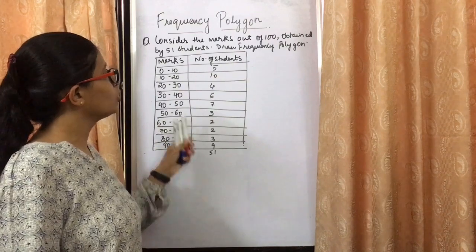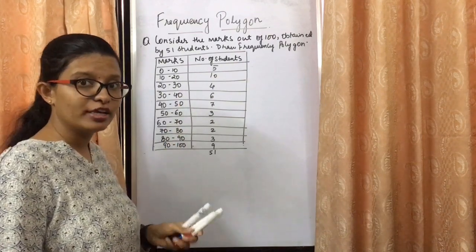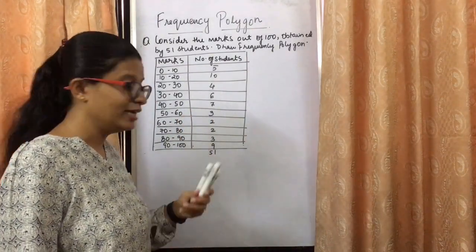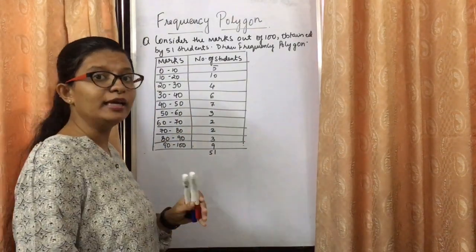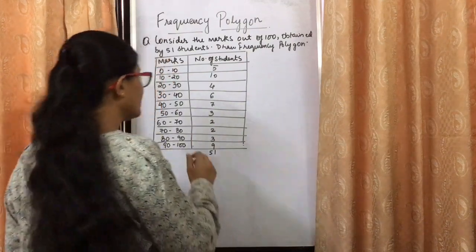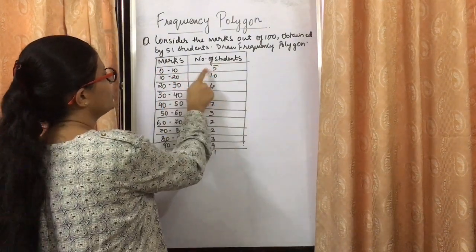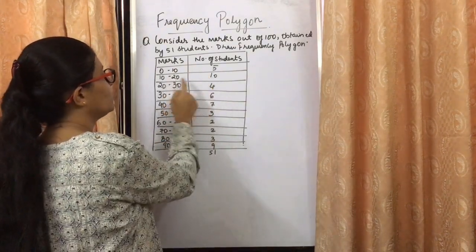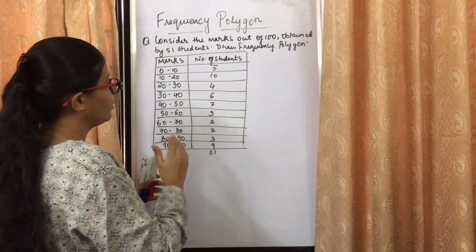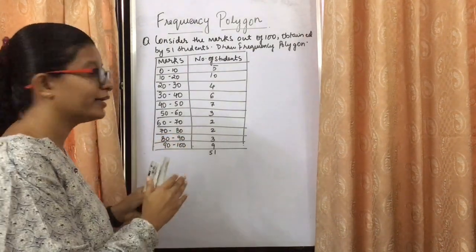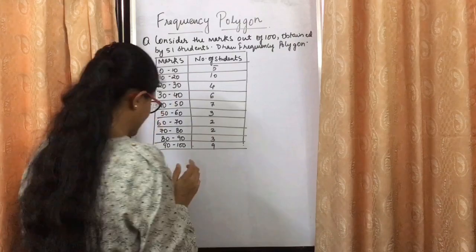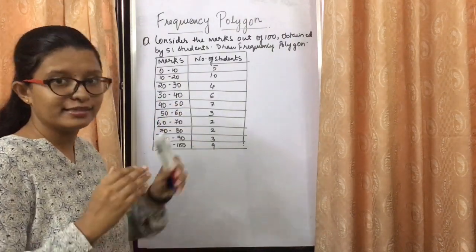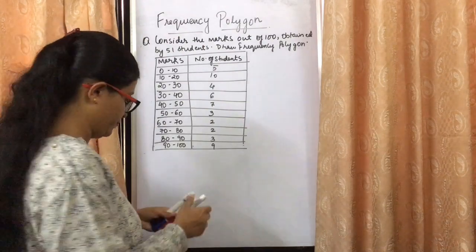So if class width is constant and class intervals are continuous, can we draw the histogram with this frequency? Yes, क्योंकि ये सब चीजें हम already last video में देख चुके हैं. Now number of students, 5 students are there for marks ranging between 0 to 10 and 10 for 10 to 20 and so on. So can we plot histogram for the given data? Let's plot a histogram first. Then we will see how we can manipulate that histogram into a polygon that is nothing but a frequency polygon.